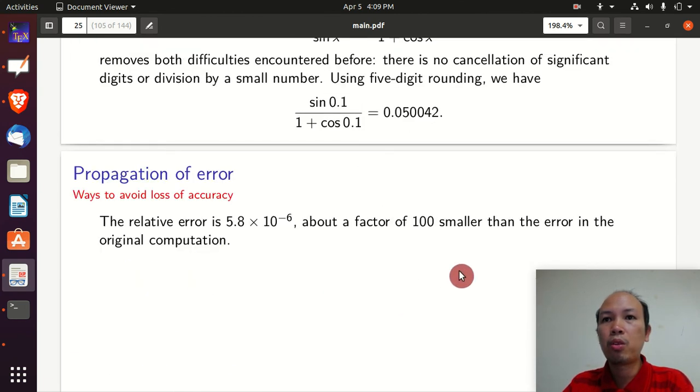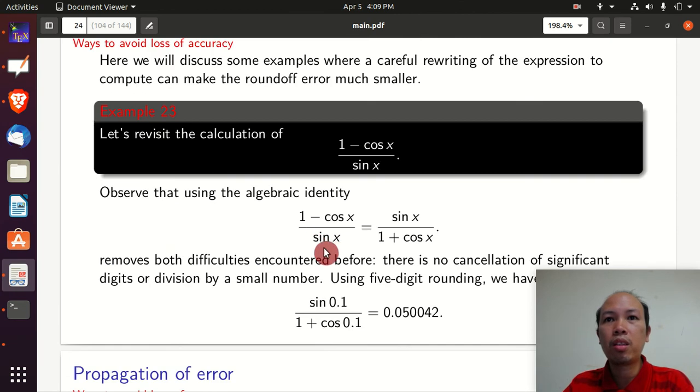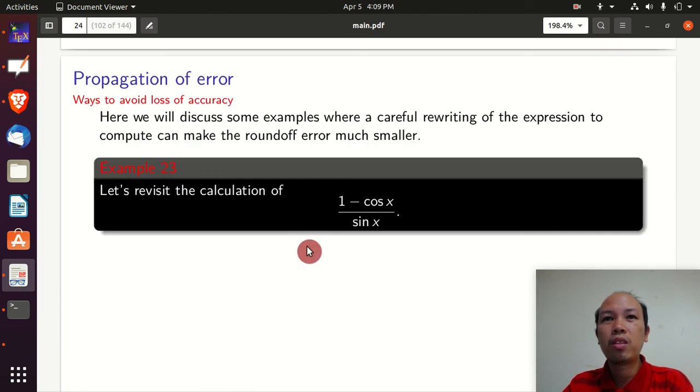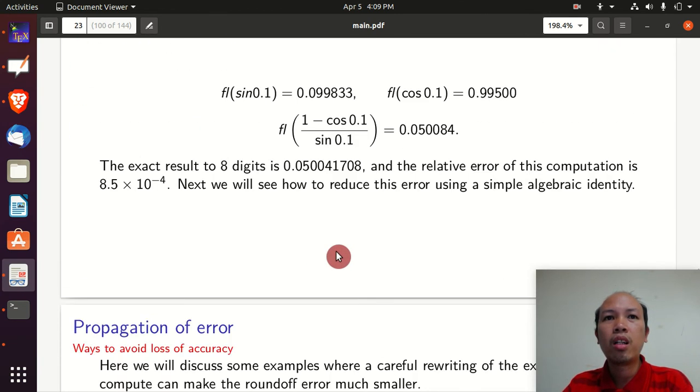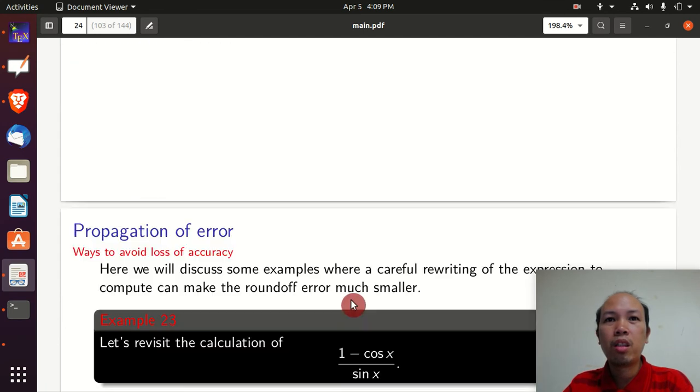So what do we mean by 100 smaller? About a factor of 100 smaller than the error in the original computation. Remember the relative error, 5.8 times 10 to the negative 6. As you can see here, this is the relative error. So as you can see, about a factor of 100. The result in the original is 10 to the negative 4, and